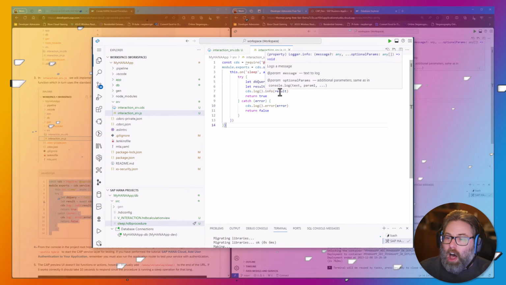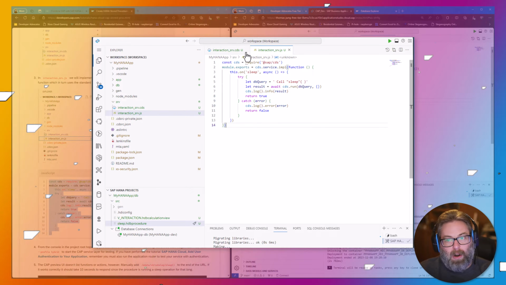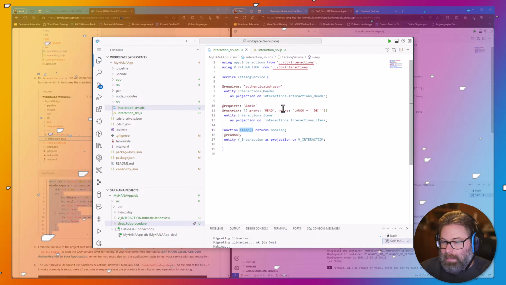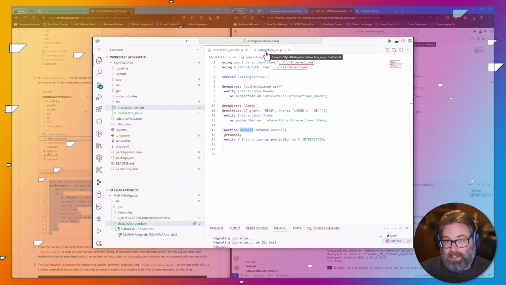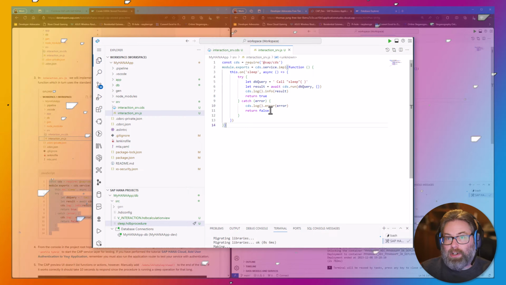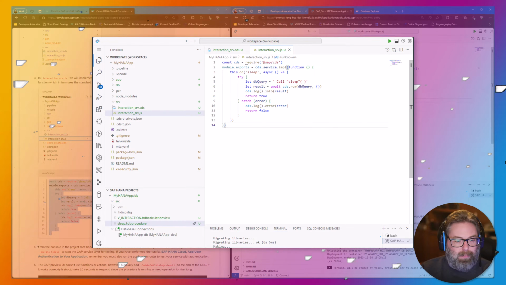We want to get the results back, although there really isn't any results to get back. Then we're going to log those results, whatever's returned, but then we're going to return true out of our function, because remember, this function is expecting a Boolean, and that's not actually what's coming back out of our SQL script function. It's not returning anything. So we're going to return true. In case there's a problem communicating to the HANA database, we want to catch that as an error. We want to log it, and then we're going to return false in the OData service so that we don't just dump if there's a problem.